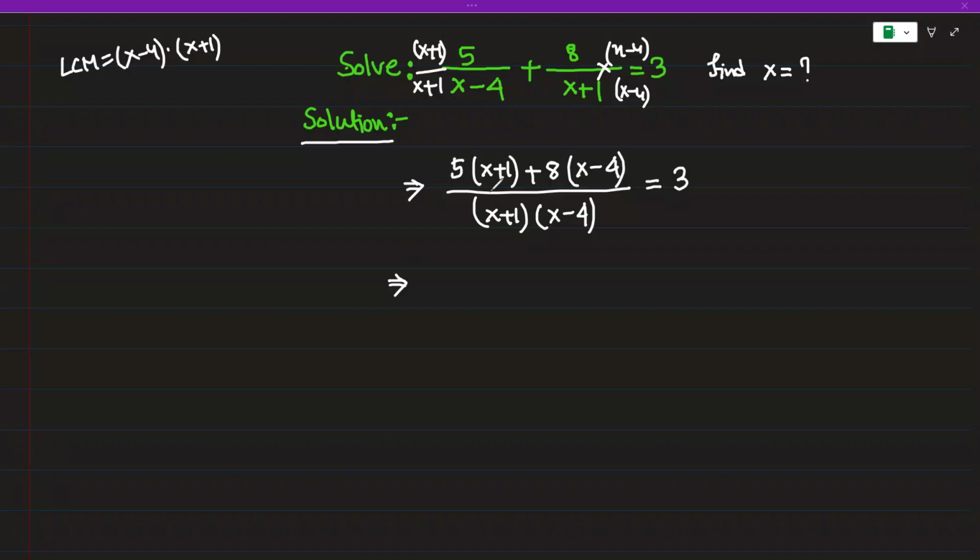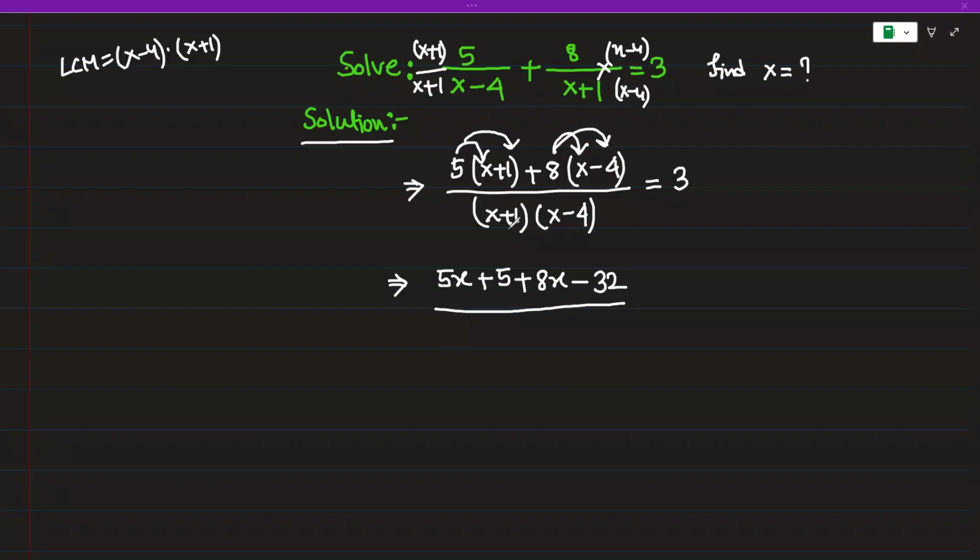Now we use the distributive law here, so we just multiply them. 5 times x is 5x, plus 5 times 1 is 5, plus 8 times x is 8x, minus 8 times 4 equals 32, over